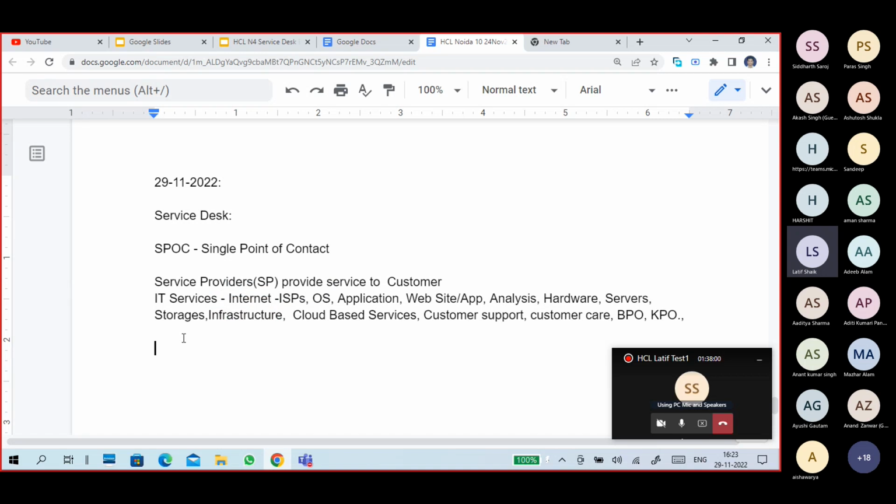Infrastructure is just a word, but infrastructure means hardware, operating systems, applications, like your servers, operating systems and applications, networking components, routers, switches. These all come under infrastructure only. Infrastructure providing, infrastructure management, infrastructure control is also one of the IT services.